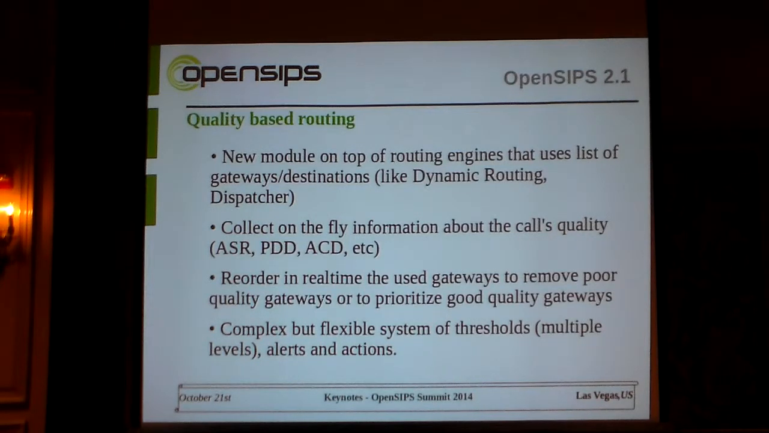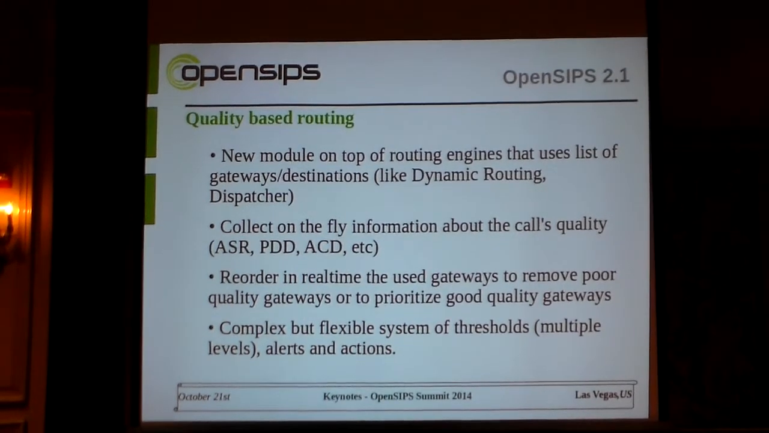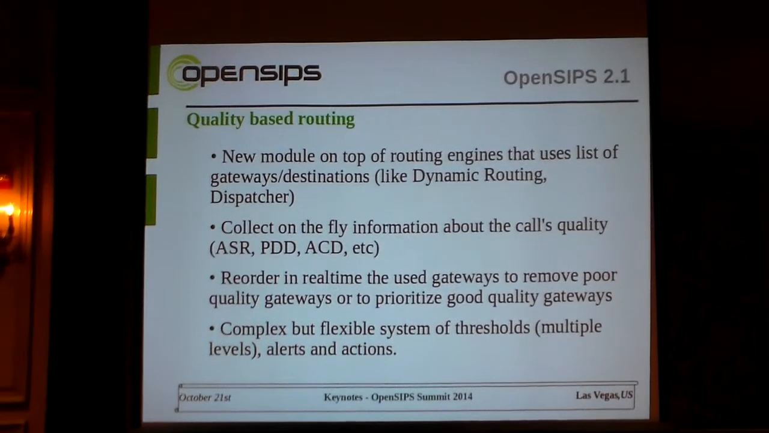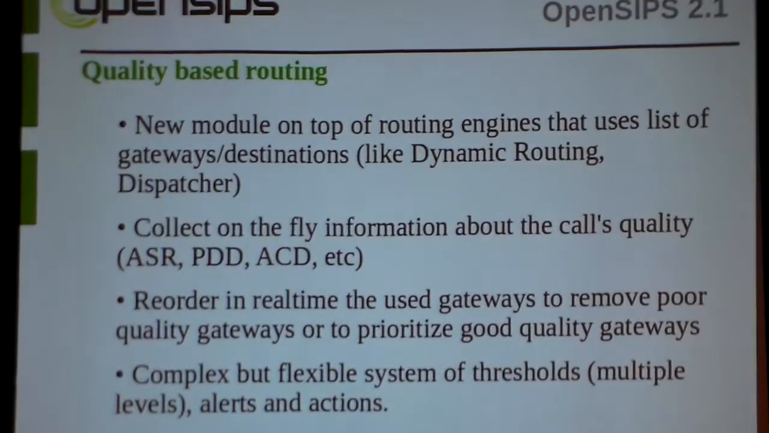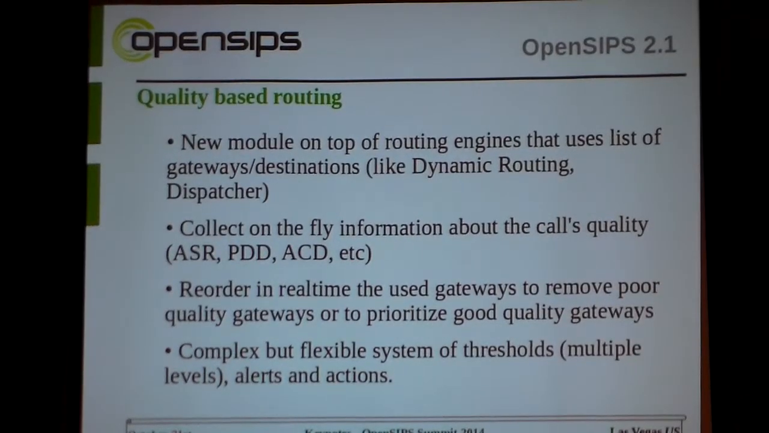More things in 2.1, high-level things. We have the quality-based routing module. Right now, everybody does least cost routing, prefix-based routing, and so on. So we add a new concept of the quality-based routing module, where we collect information about the ongoing calls to different gateways, different parameters like the ASR, the PDD, ACD, and so on, to see exactly what the quality was, once again at the signaling level of the calls, and then we are able to dynamically choose the best gateway